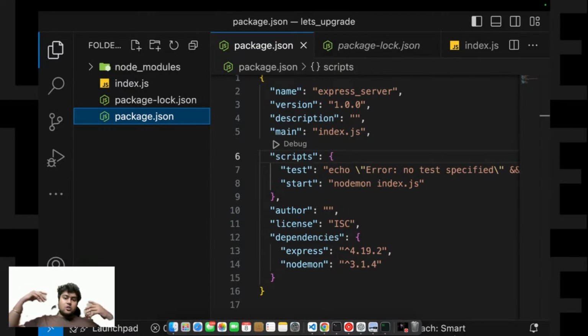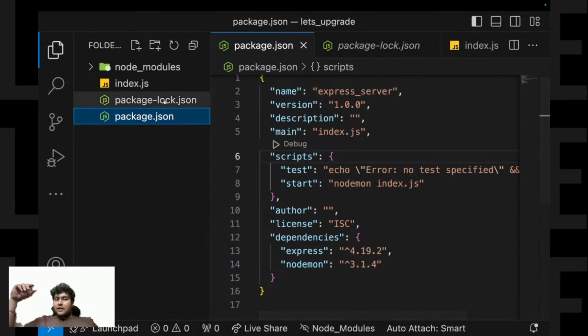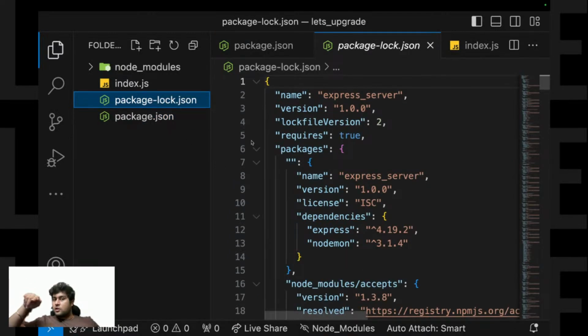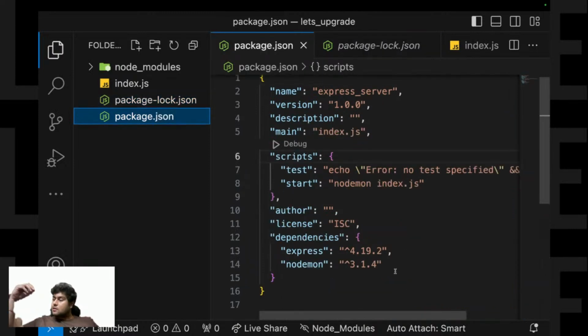Whenever I am installing the project, it first checks whether the version in package-lock.json exists. If so, it will install that. If not, it will download the newer package. That is why package-lock.json is created. It's a very complicated thing and not very necessary to know. That's why I did not explain it, because initially it might confuse you.